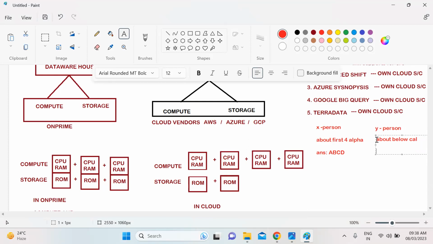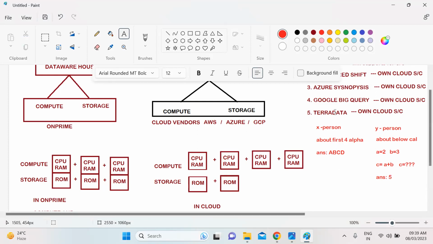For example, A equals 2, B equals 3, and C equals A plus B. Now what is C? The answer is 5.